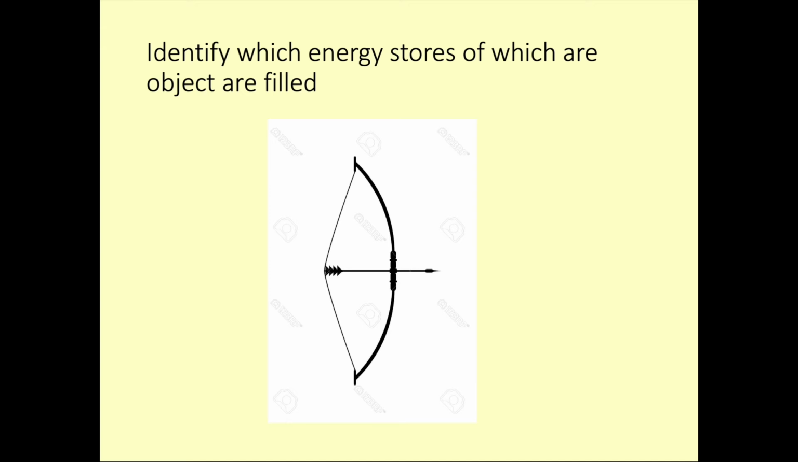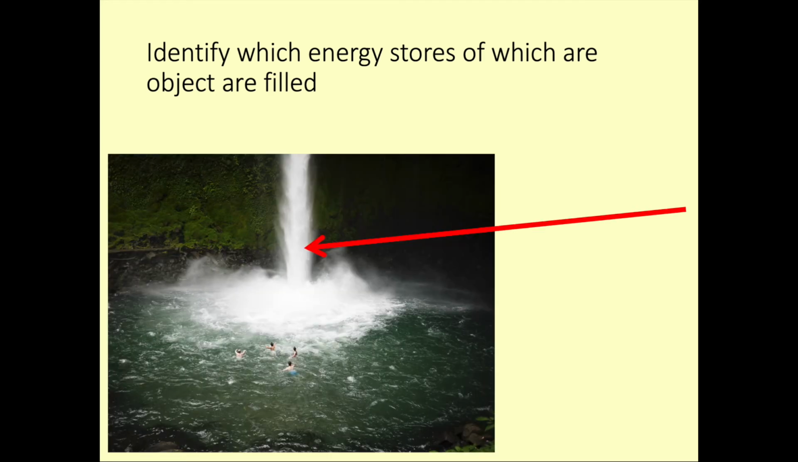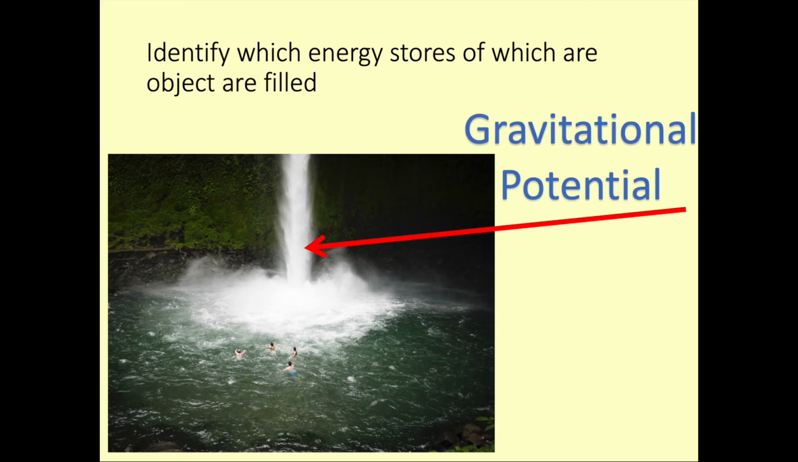So that bow there, slightly pulled back. Again, pause the video so you have time to think. And this is elastic because we're stretching the bow. So this is our next one. Again, pause the video so you have time to think. And this is our gravitational potential because we're talking about water that is being above